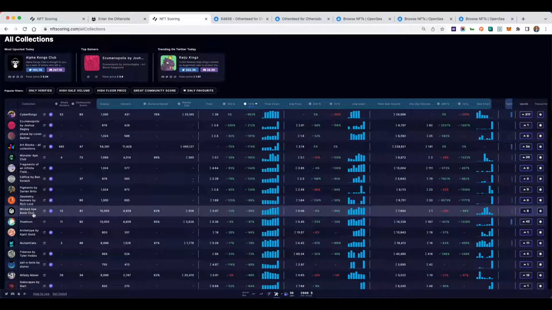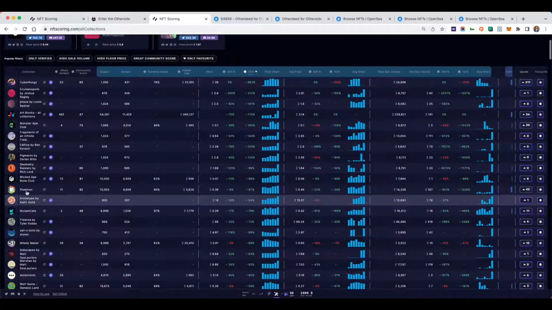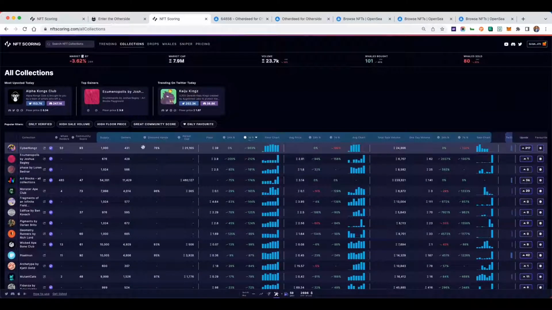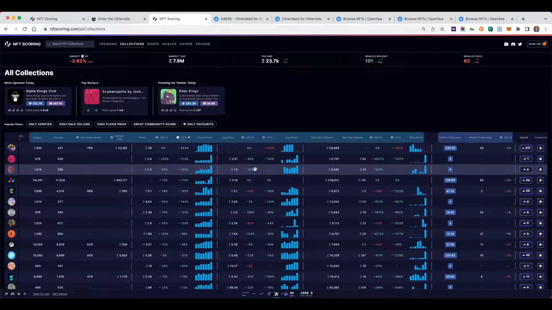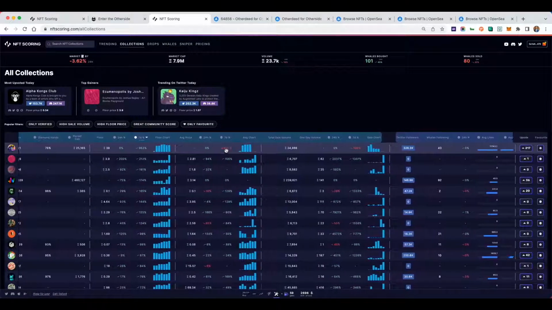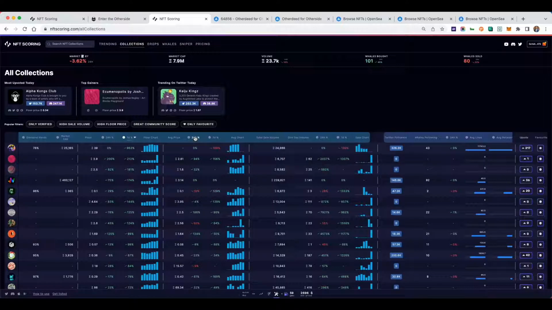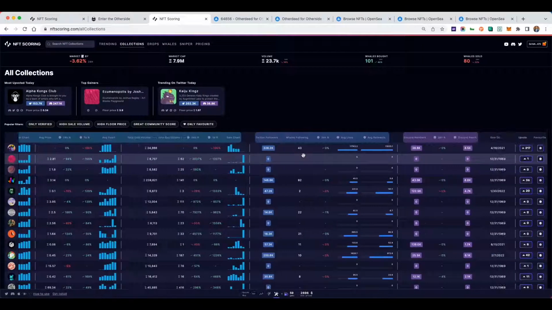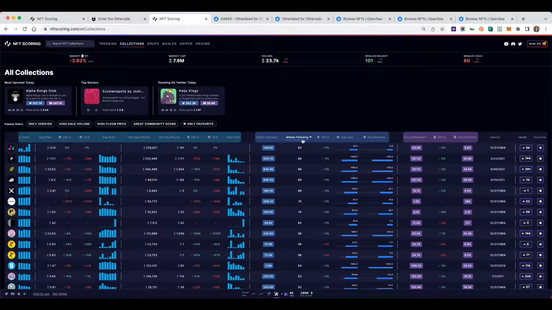Yeah, so Pixel One, I don't know why it's here, but yeah, it's still there somehow. And you can do that exact same organization by average price, 7 days, sales volume, 1 day volume, and so on. Now, the coolest feature about this specific view, in my opinion, is how we also show you social and how it's performing over time.